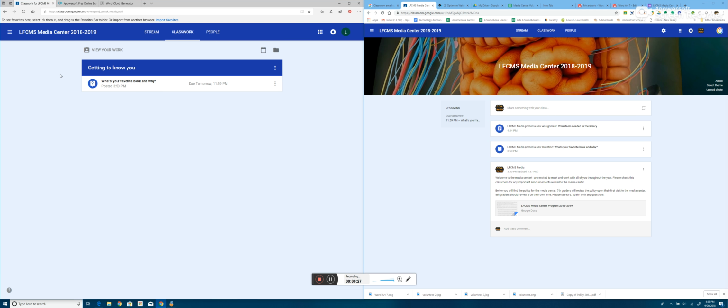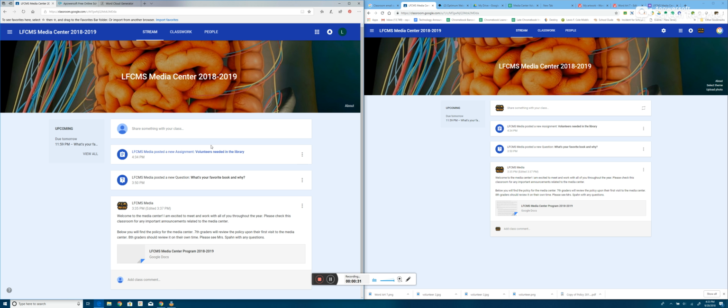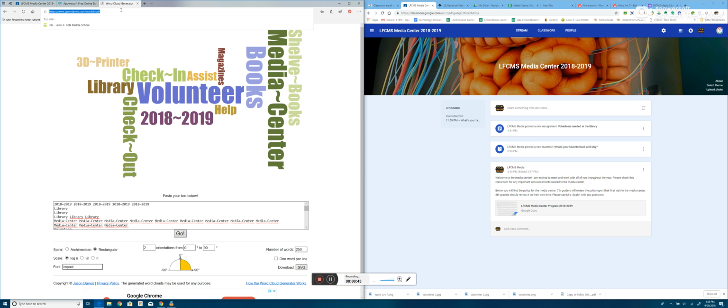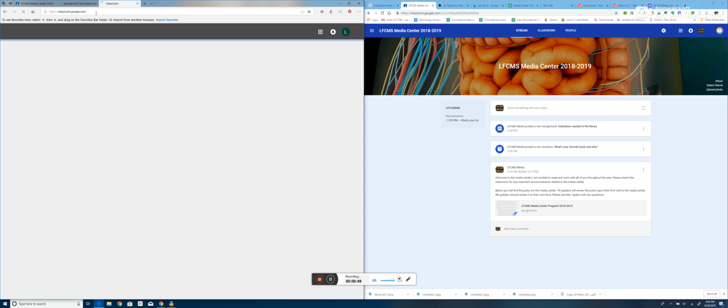On the left side here, you will see this is the student side. This is what students see over here when they log into their Google Classroom. So you may be saying, well, how does my child get into Google Classroom? Well, it's very simple. They come up here to their bar and they just type in classroom.google.com and hit enter. And they're going to log in using their school email address, which is their student ID